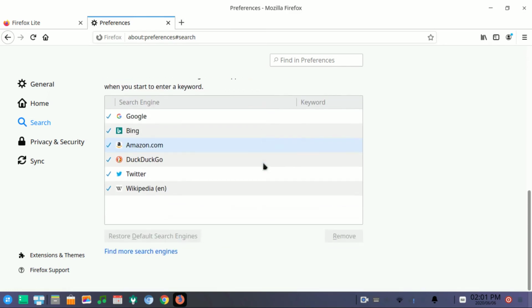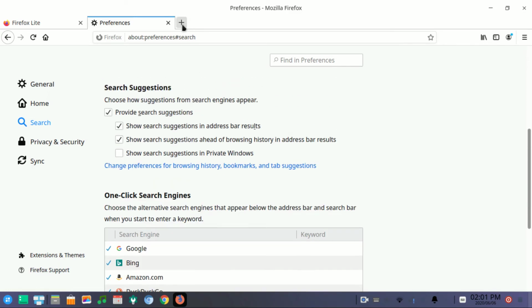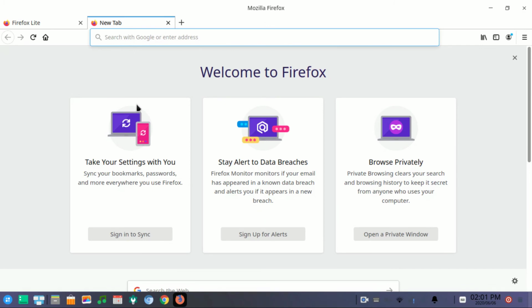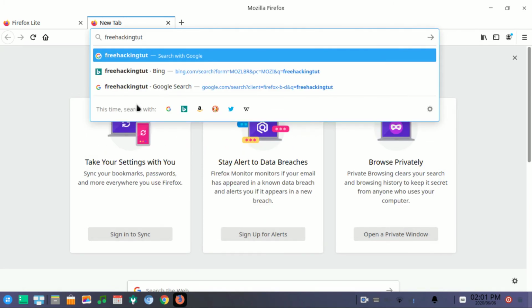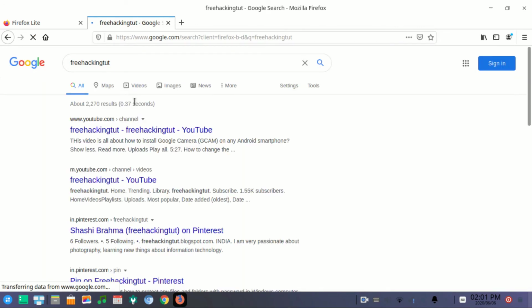Now try here by typing. Now you can see here the default search engine is displayed as google.com in Firefox also. So in this way you can easily change the default search engine from a different search engine to google.com in Firefox